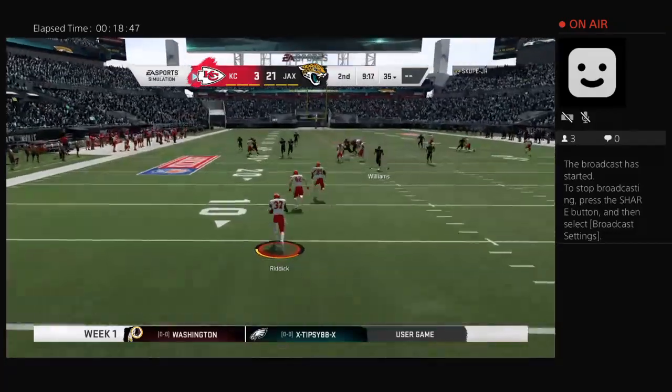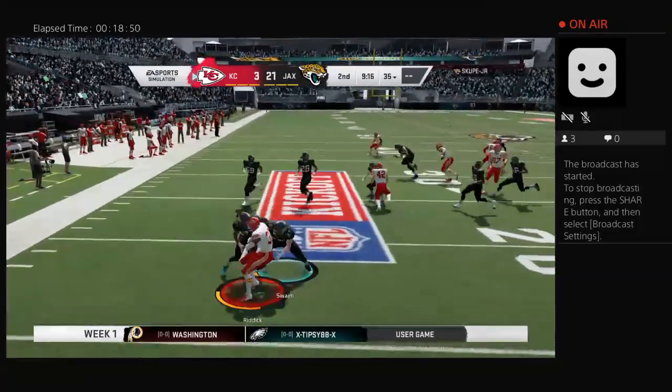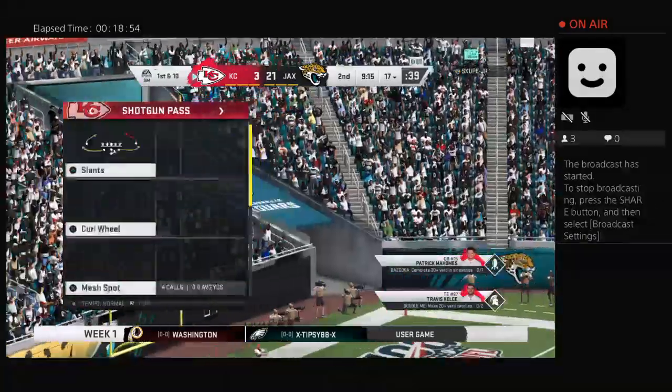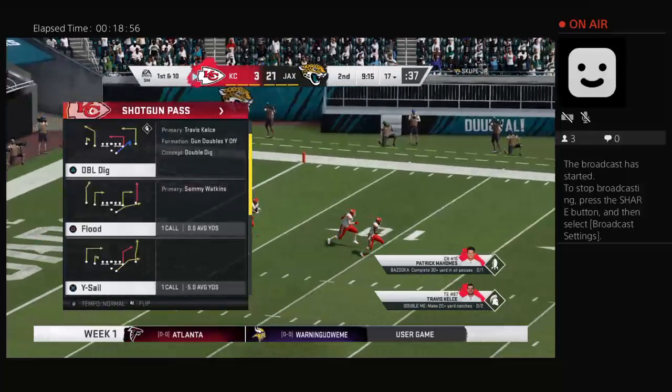This is taken about 7 yards deep. And he will be brought down here at about the 17-yard line. At their own 17-yard